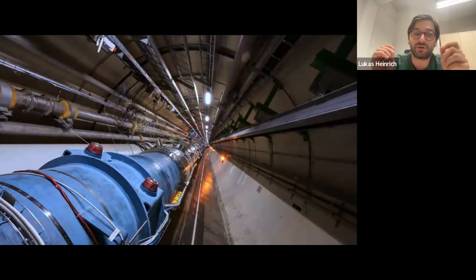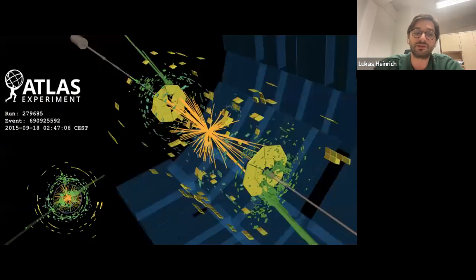And as we're going through, at certain points, the beams collide head on, and this is what it looks like. So here is kind of like a particle collision, and around this collision point where the beams collide and produce a spray of new particles, we've basically constructed something like a giant three-dimensional camera that is capturing from every angle what is happening